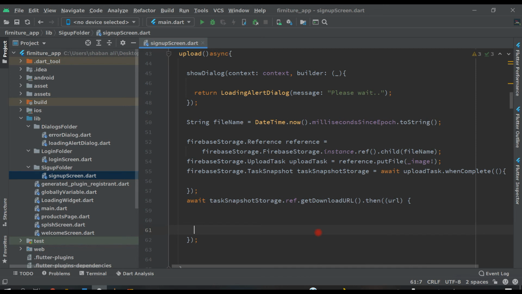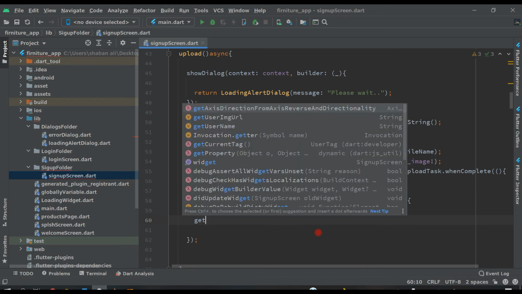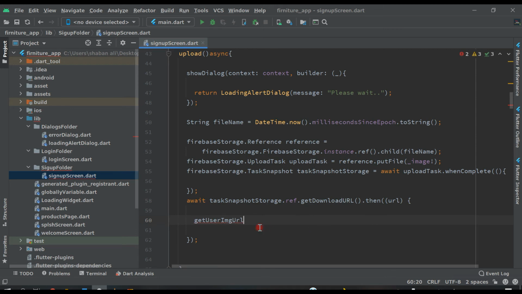Inside this, we set getUserImageUrl, which we created as a global variable in the previous videos, and it will be equal to this url, put semicolon.